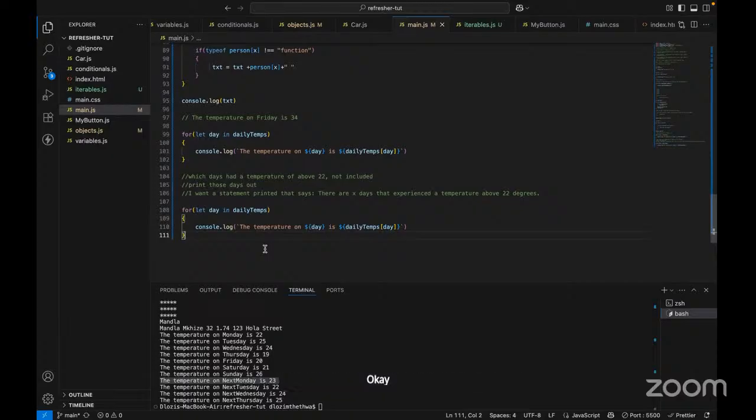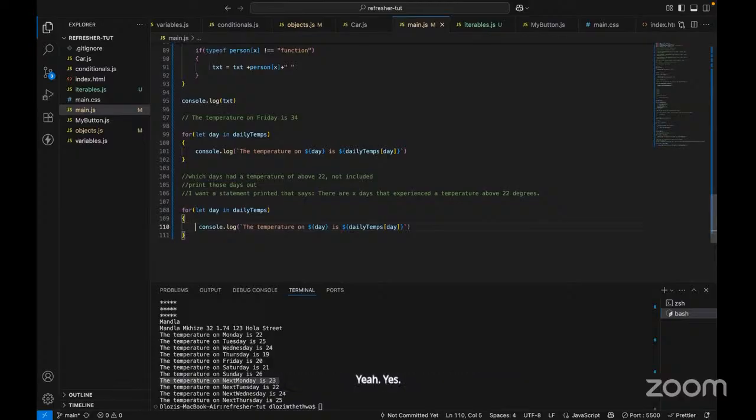Maybe we can try out the itinerary since we did the normal if statement last time. So let's say on line 110, you can just say